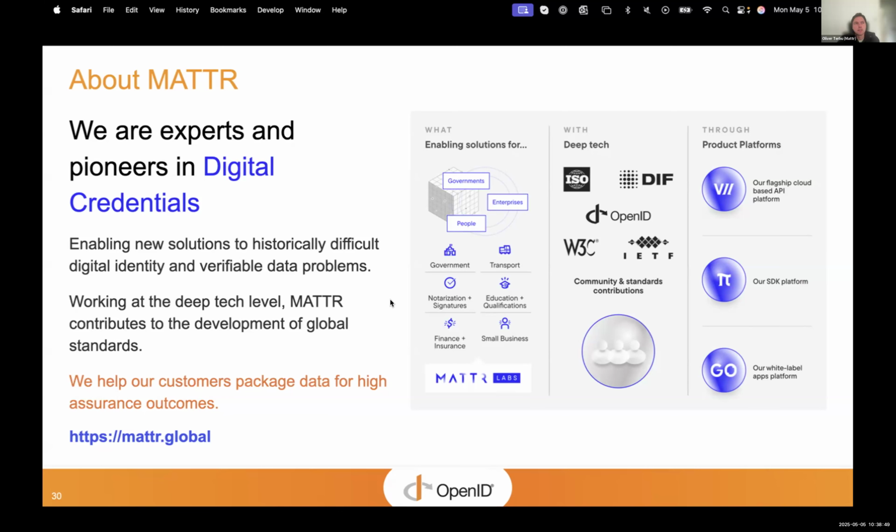So the standards that we are demonstrating today are not only ones we help shape, but also the ones that we use in our enterprise-grade products and platforms to build secure and interoperable verifiers, issuers, and wallets for digital credentials. So next slide, please, and handing over to Juliana.